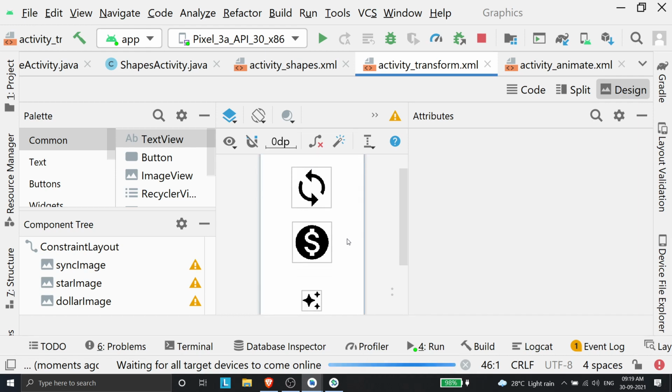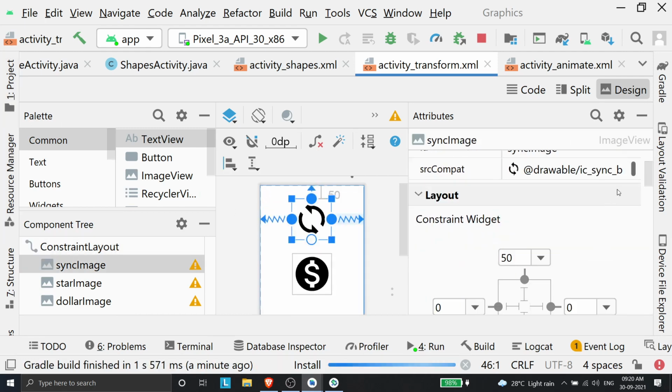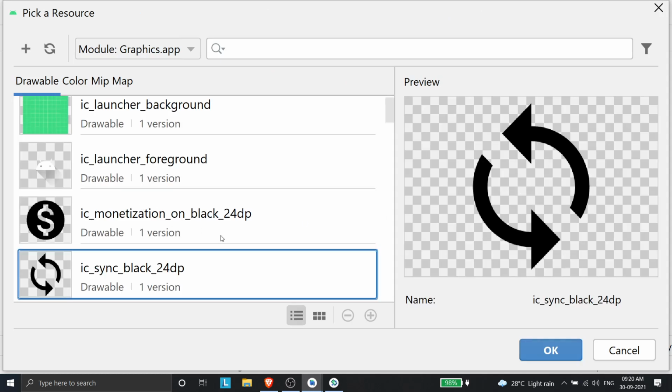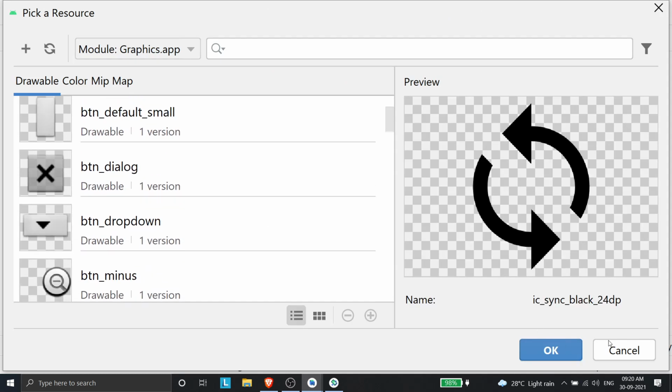So what I've done is I've imported 3 images onto my UI, and I've placed them on my UI window. These images are custom images. They are not inbuilt like the images that come with Android by default. So to add new images, if you go to the image view object and go to srcCompat, these images will not be available by default. I have imported these, so these are custom images.